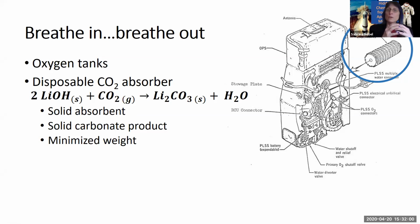Then you are minimizing the weight that you have to put into this backpack, and that was really important. So you also had to have a carbon dioxide sensor. So this was a little bit more of chemistry melded with technology. And so it was like chemical and mechanical engineering and a little bit electrical engineering all working together. So you could tell when your canister was getting spent so that you didn't start breathing in your carbon dioxide